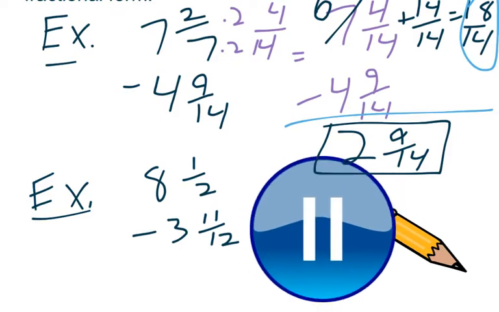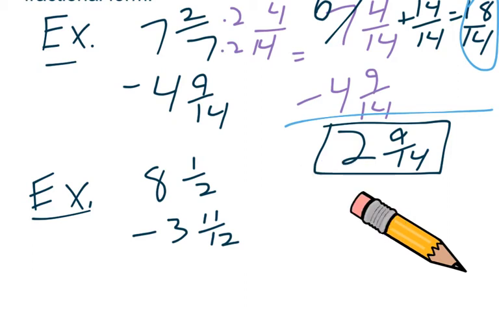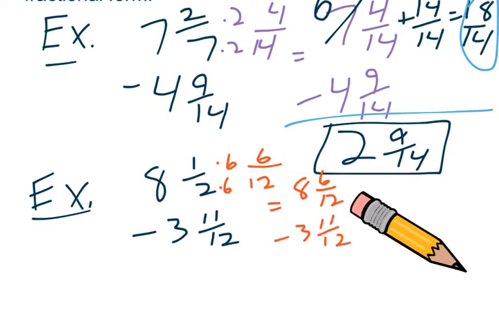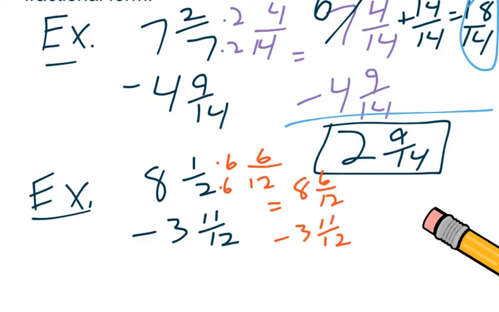All right, let's see what you got. Well, first off, you should have made it out of 12, and we multiplied by 6 and got 6/12, which is really 8 and 6/12, subtract our 3 and 11/12. And now you can't take 11 away from 6, so we needed to borrow from that whole number 8, which makes that 7, but we gave it back in the form of a fraction, so 12/12. So it's really 7 and 18/12,